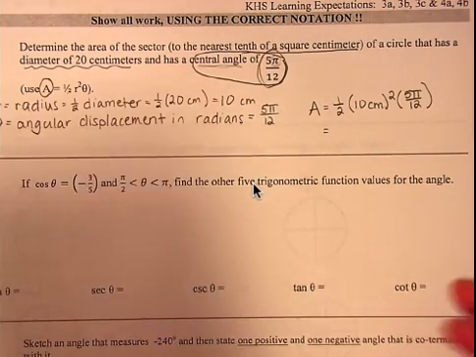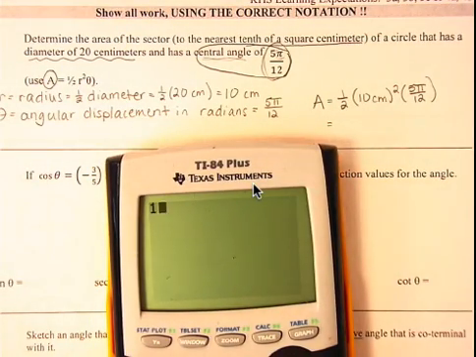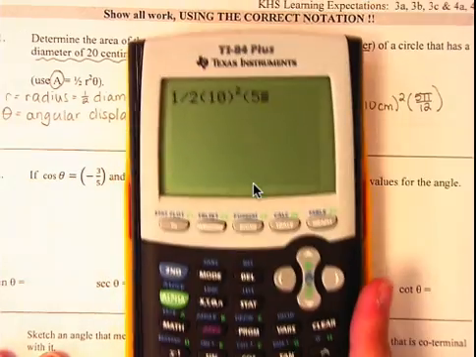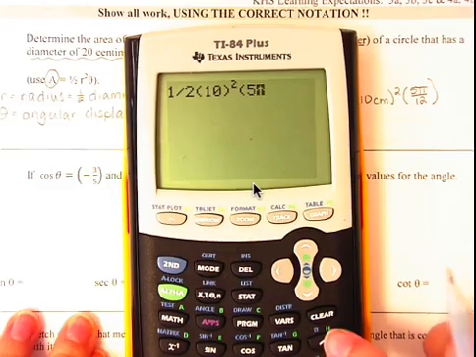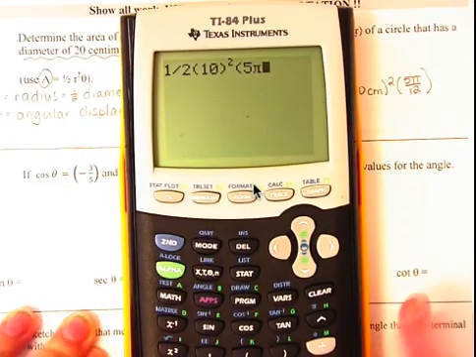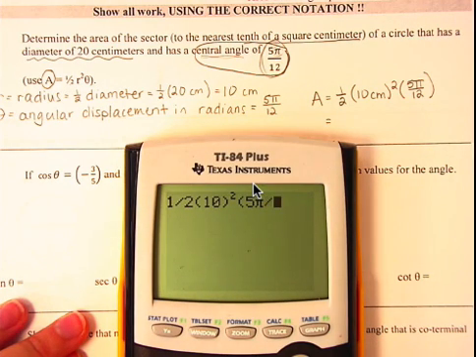So I'm going to type it in. 1/2 times 10 centimeters squared times 5, and to get to your pi button, you press second and this little caret right here, right below clear. So second caret gives you your pi, divided by 12,